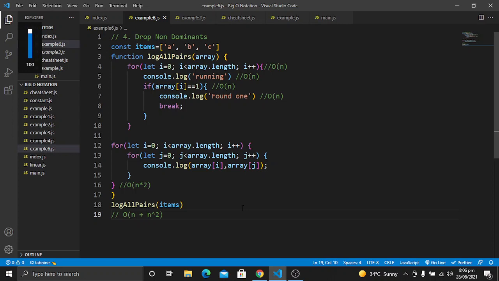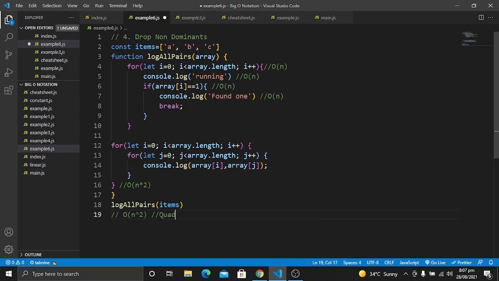So you have understood the idea of dropping the non-dominant terms, which have a negligible effect compared to the main term. The main term here is n square, which is the quadratic time complexity, and the non-dominant term here is n. So we will remove the n, and this will have a time complexity of O of n square, which is the quadratic time complexity.